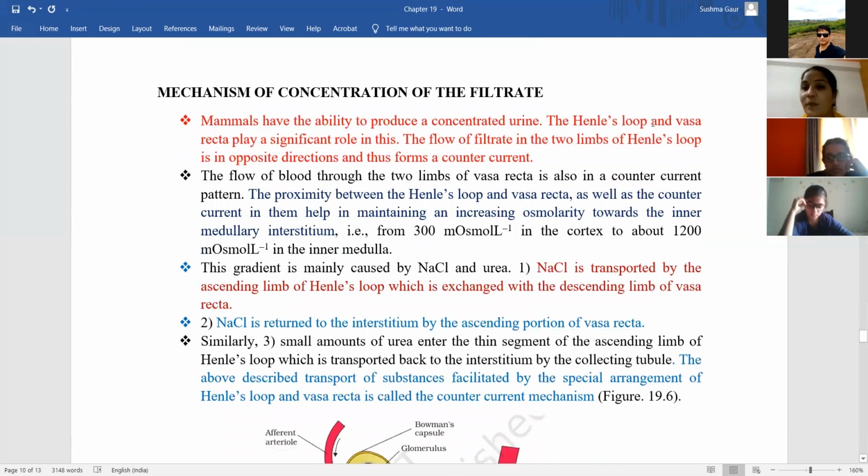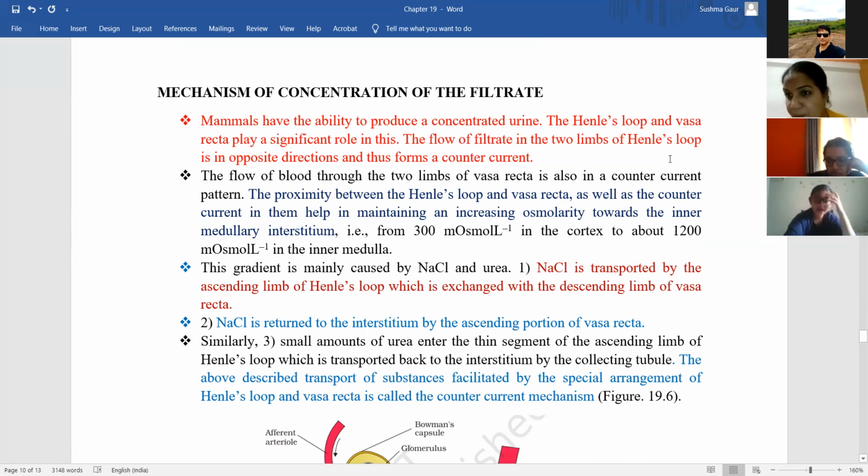The loop of Henle and the vasa recta play a significant role in producing concentrated urine. So the flow of filtrate into the two limbs of Henle, that is the descending limb,